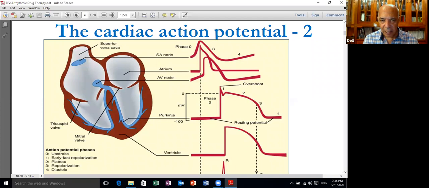In the middle layer, or the M band, of the myocardial wall, the action potential duration is wider than in both the epicardium and the endocardium. Now, in addition to that,